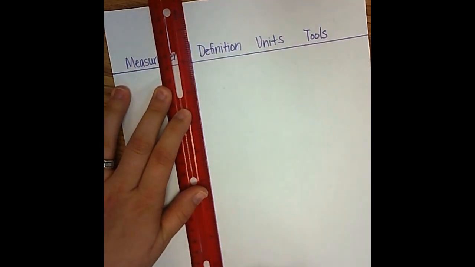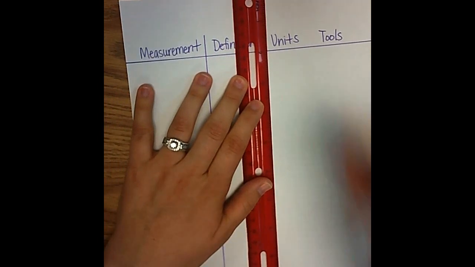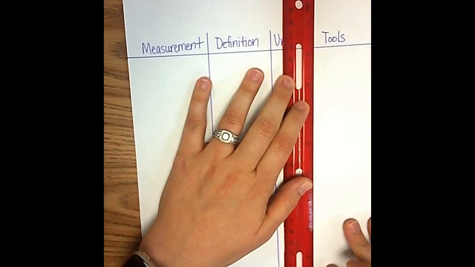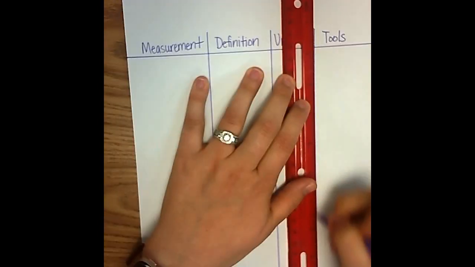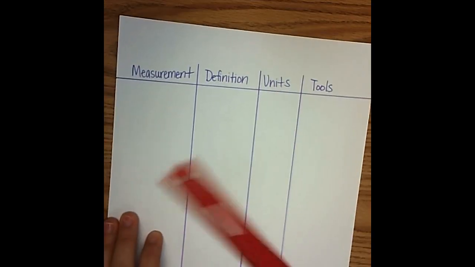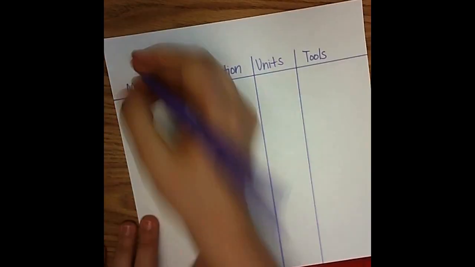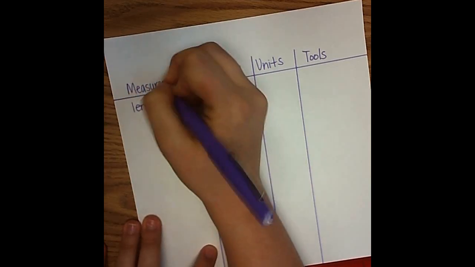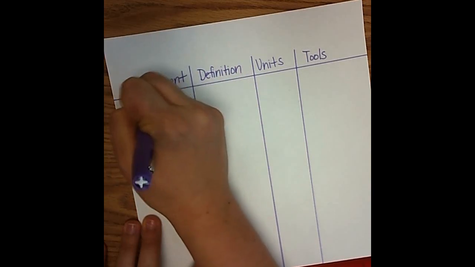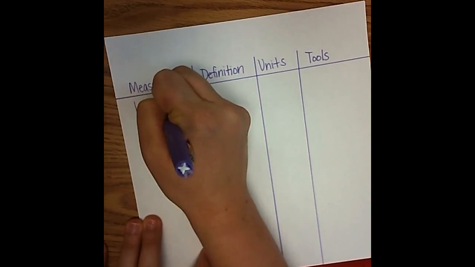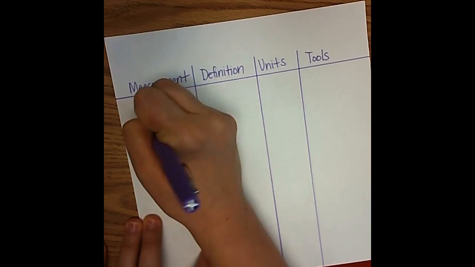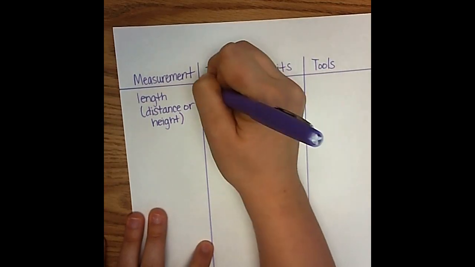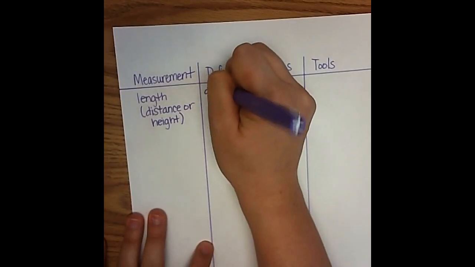Just so we can organize our information a little better. When you take measurements, when you decide what your dependent variable is going to be, you're going to measure that, okay? So our first measurement that we're going to talk about is length. This is also sometimes referred to as distance or height, okay? So this is the distance